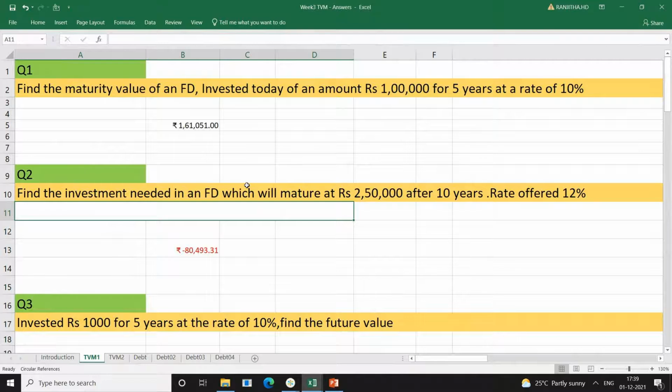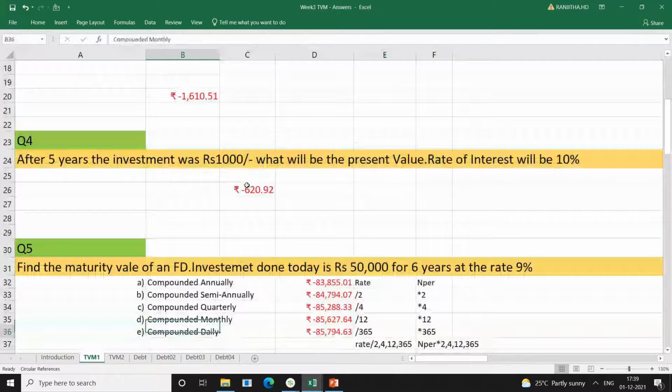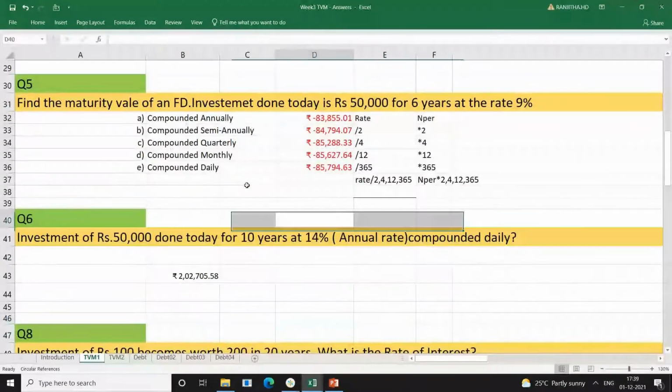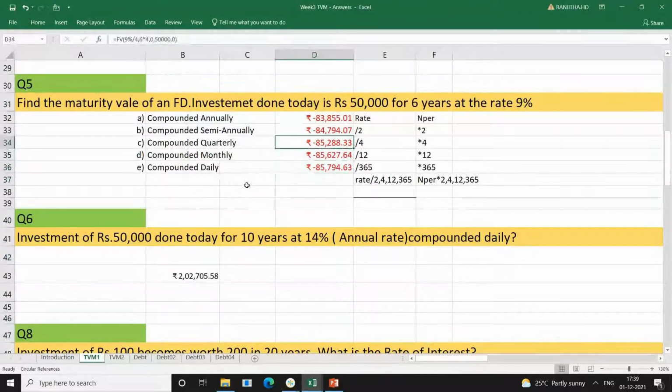So here you can use it as monthly, no? I couldn't find that. But you can, if the date is monthly, use this formula. Compound monthly they are giving. This function itself you can use.